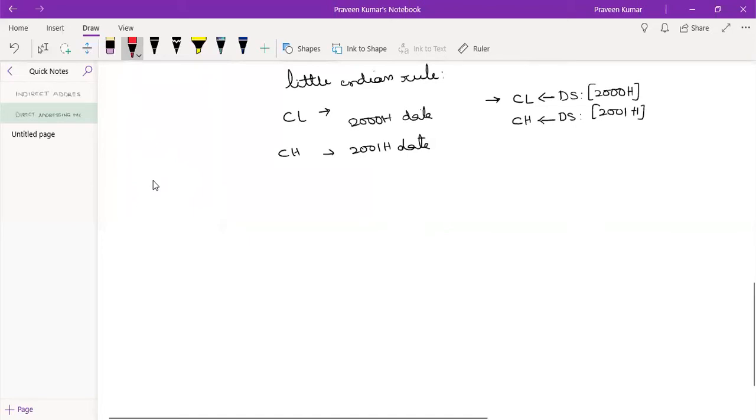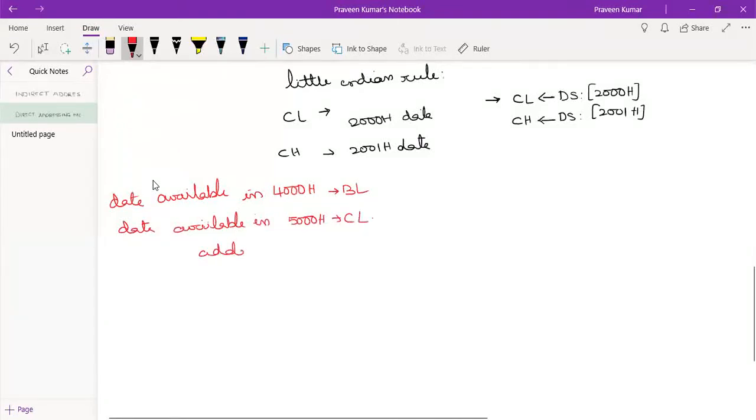Take the data available in 4,000H and copy it into BL, and take the data available in 5,000H and copy it into CL.